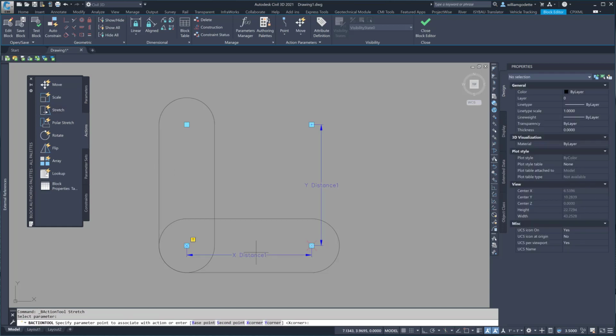I'm going to pick the parameter, and then it asks me where I want to stretch from. And so I'm going to pick this end here. See the little red X. And then it asks me where do I want to cut. Well, I want to cut here, and I want to stretch that object. So I press enter, and I'm going to leave my stretch action over here,